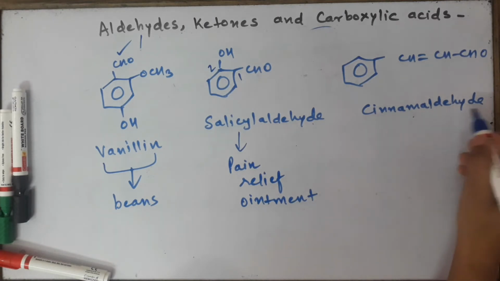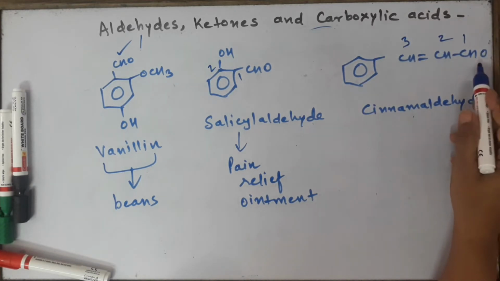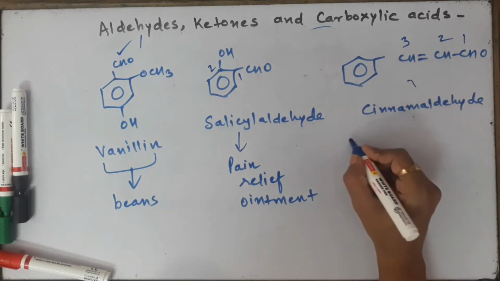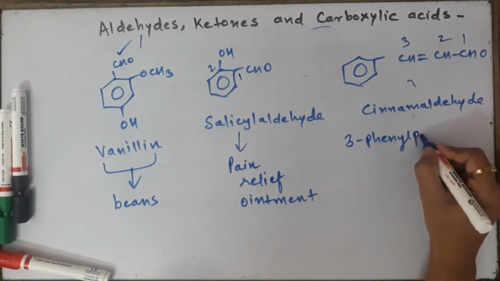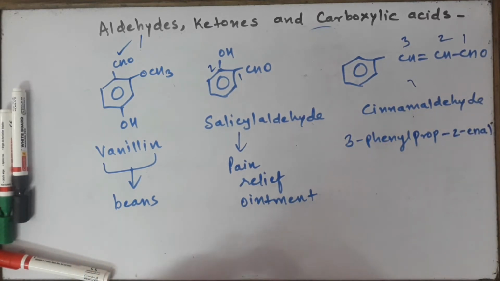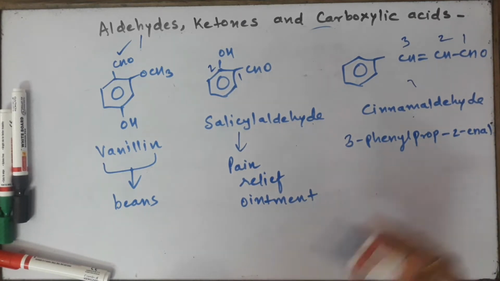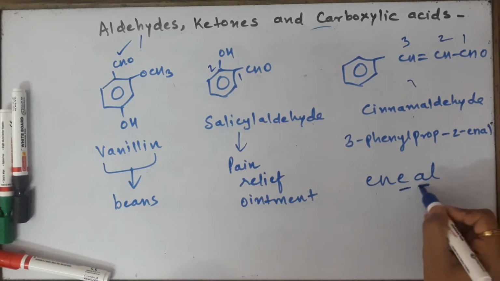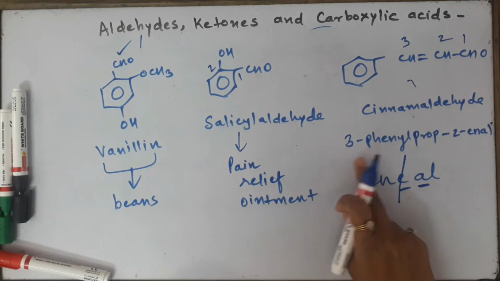Cinnamaldehyde, look at the name, cinnamaldehyde. So this is the compound. Suppose you want to start naming it like this. CHO is the functional group over here, and at position number 3 we have a phenyl ring attached. So we are going to name it as 3-phenyl. It's an alkene, so we'll say prop-2-enol. Why are we writing enol? Because it's an alkene as well as an aldehyde. We are not going to write it like this because there are 2 vowels, so successively we cannot place 2 vowels. So please remember, children, we are going to knock out this E and the name becomes 3-phenylprop-2-enol.